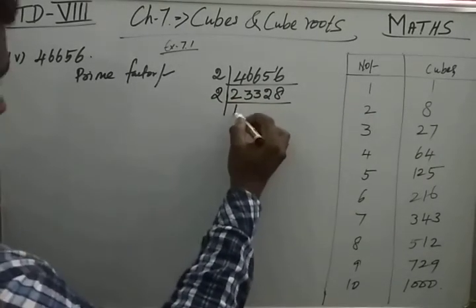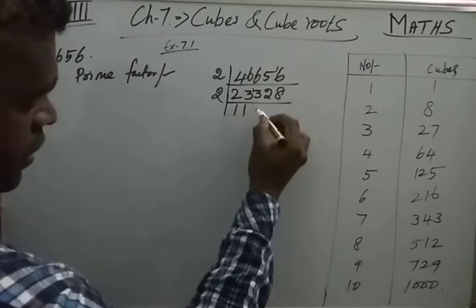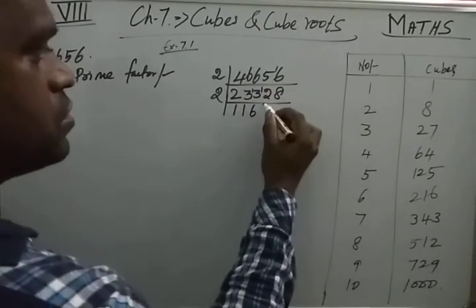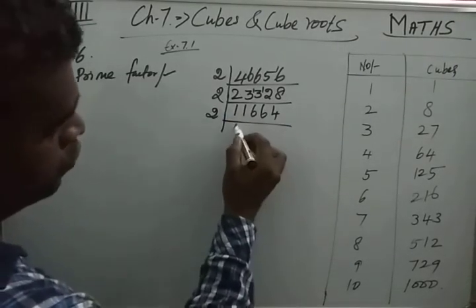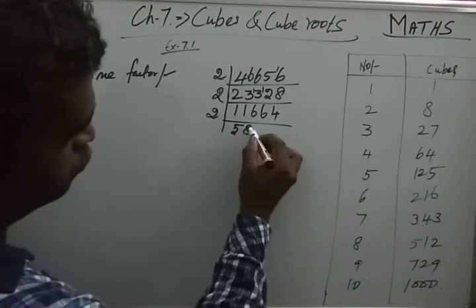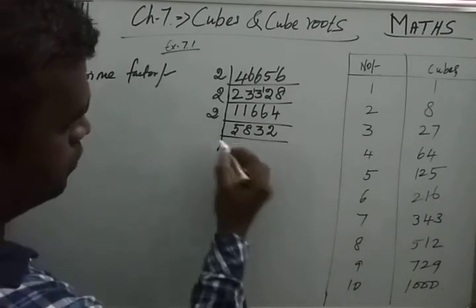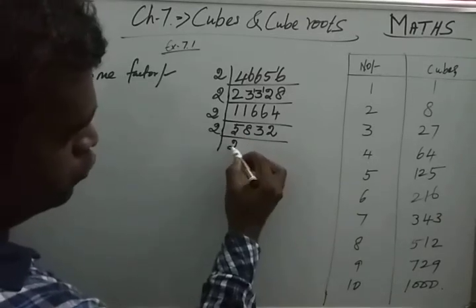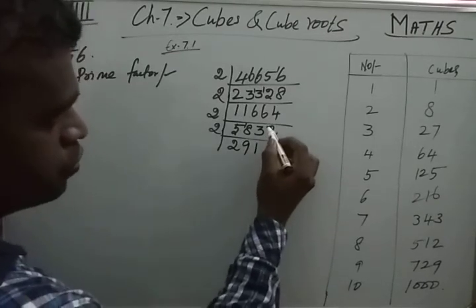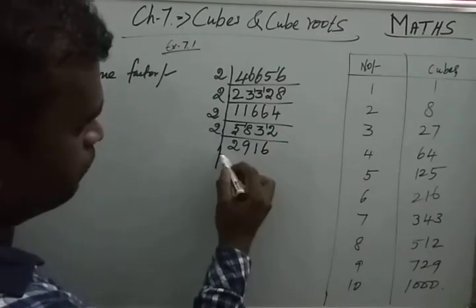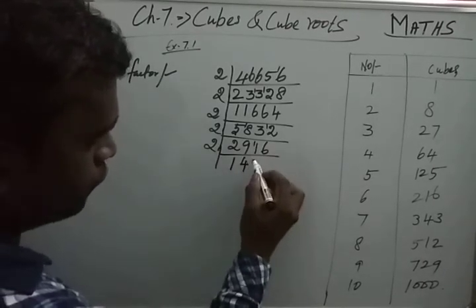2. 1 2s are 2, 1 2s are 2. Then 6 2s are 12, 6 2s are 12, 4 2s are 8. Then again 2, 5 2s are 10, 8 2s are 16, 3 2s are 6, 2 2s are 4. Again 2. 2 2s are 4, 9 2s are 18, then 1 2s are 2, 6 2s are 12. Again 2, 1, 4, 5,